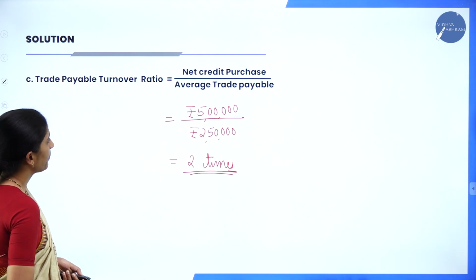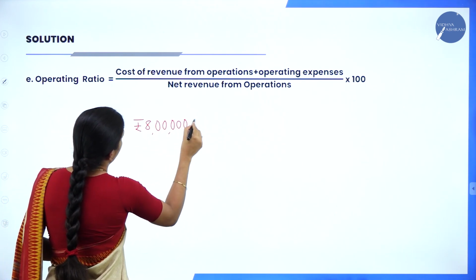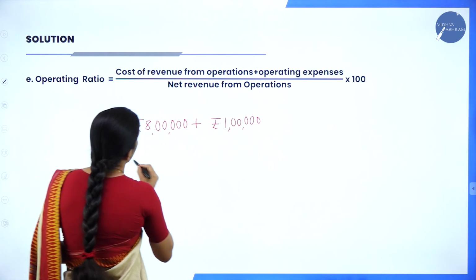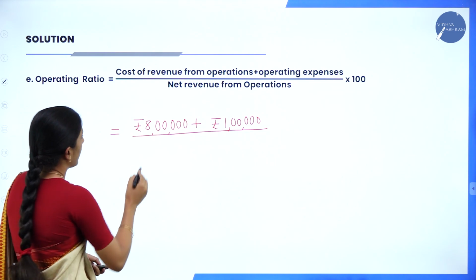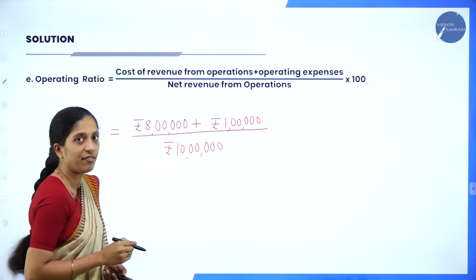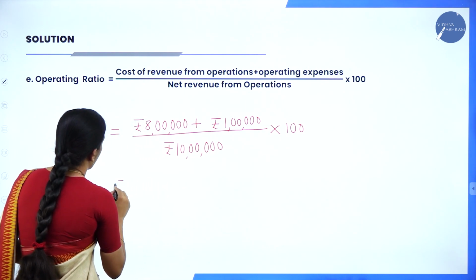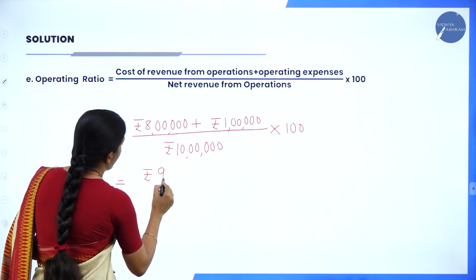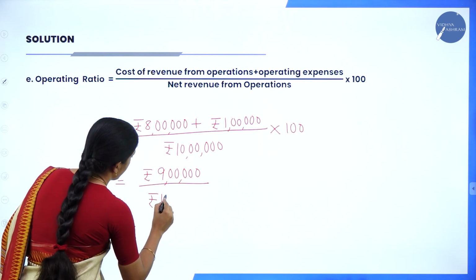So we shall calculate. Cost of revenue from operation is rupees 8 lakh, already we have calculated, plus operating expenses rupees 1 lakh, divided by net revenue from operation. Net revenue from operation is rupees 10 lakh. That will be your revenue from operation itself, into 100. So this will be rupees 8 lakh plus 1 lakh, that will be rupees 9 lakh divided by rupees 10 lakh